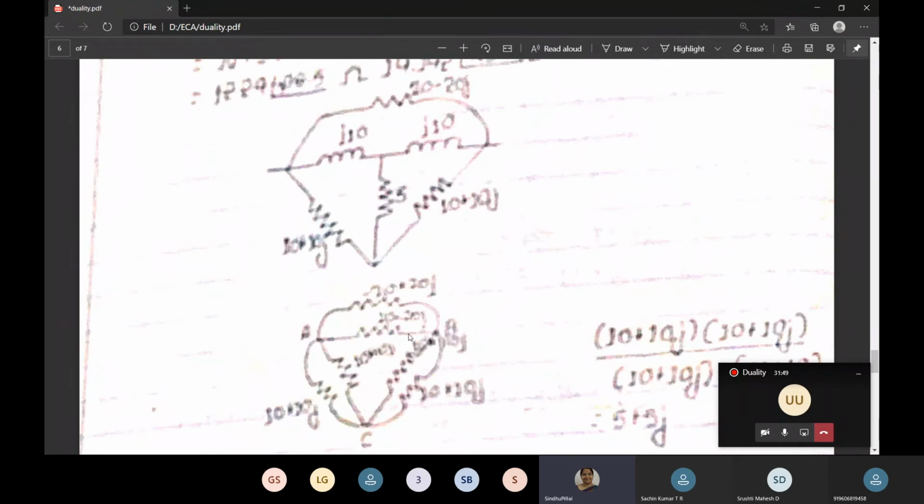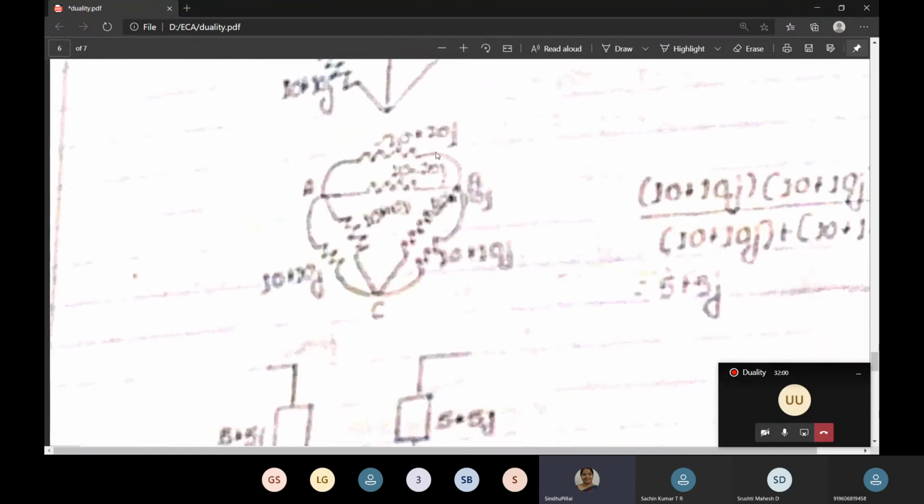So put both the deltas together. So two stars are converted to two deltas. So just arrange them here. This star is converted and it is arranged here. So okay, these two branches represent delta, and they are parallel to each other. They are splitting from A, joining at B, splitting from B, joining at C, splitting from C, joining at A. So all the branches are parallel to each other.